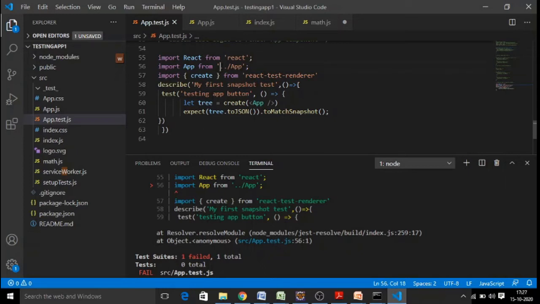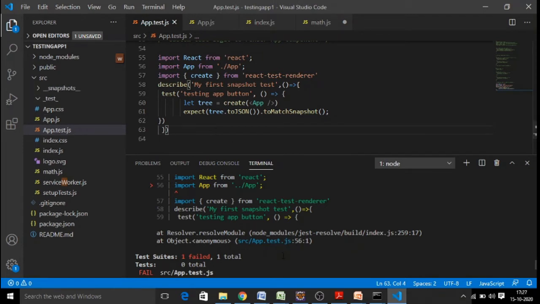App is from the current folder only, right? So you can take it from the current folder.